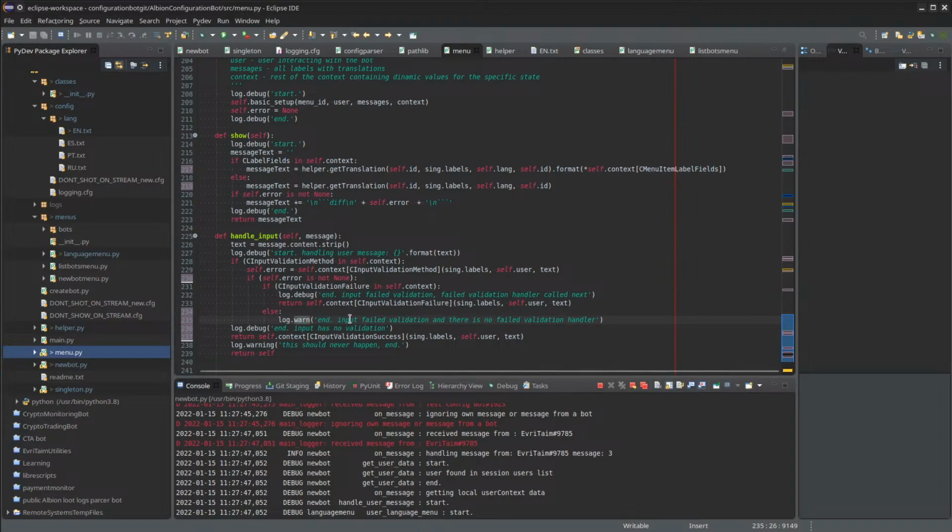And it's kind of self-explanatory. Maybe I would like to know the menu. Validation handler call next. Oh. Input failed validation, there is no failure validation handler, okay. Input in menu so and so